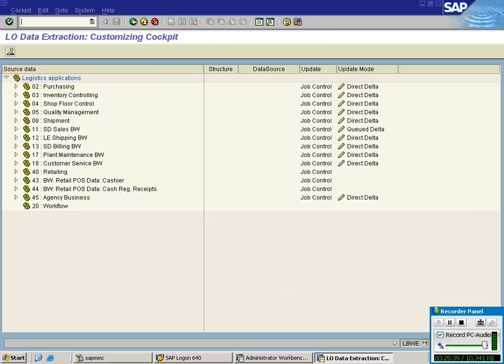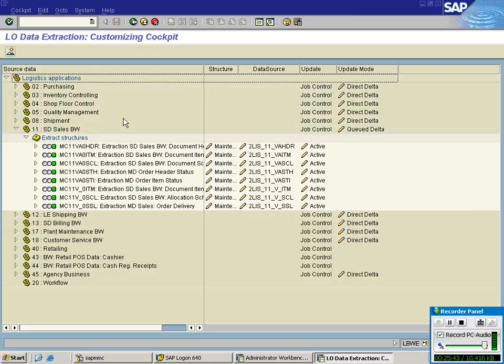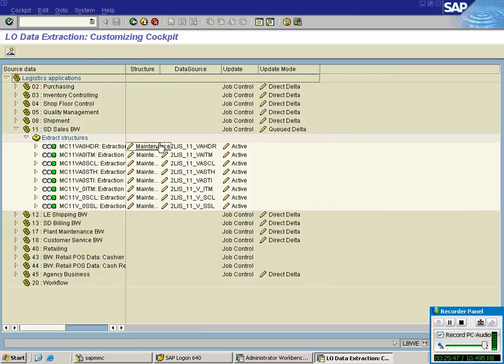What's our application? So this is our data source. First you have to make the data source inactive. If you want to maintain the extract structure, first you have to make the data source inactive. Just click on the back key.